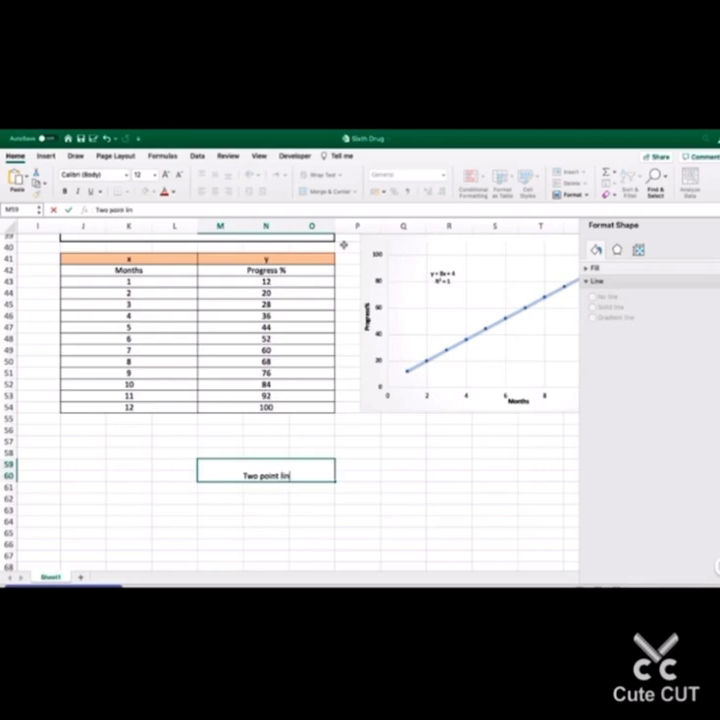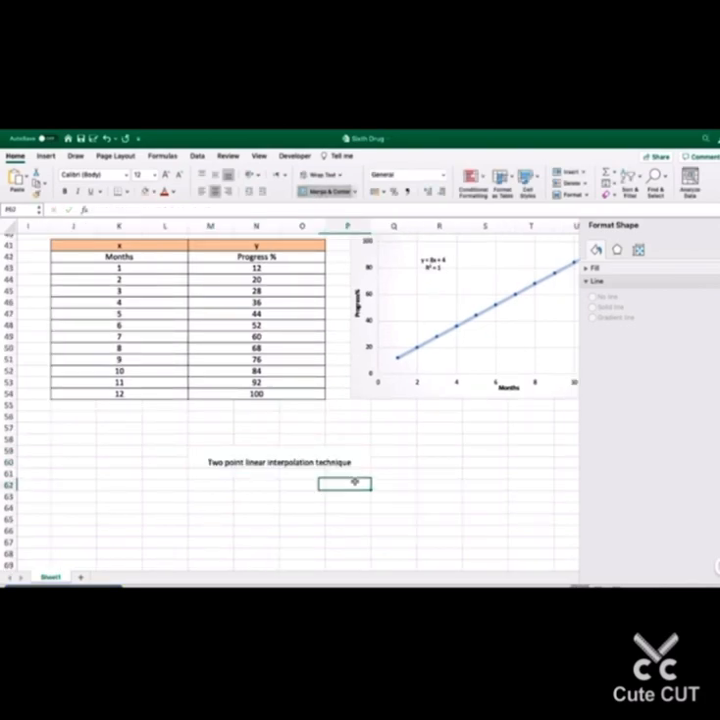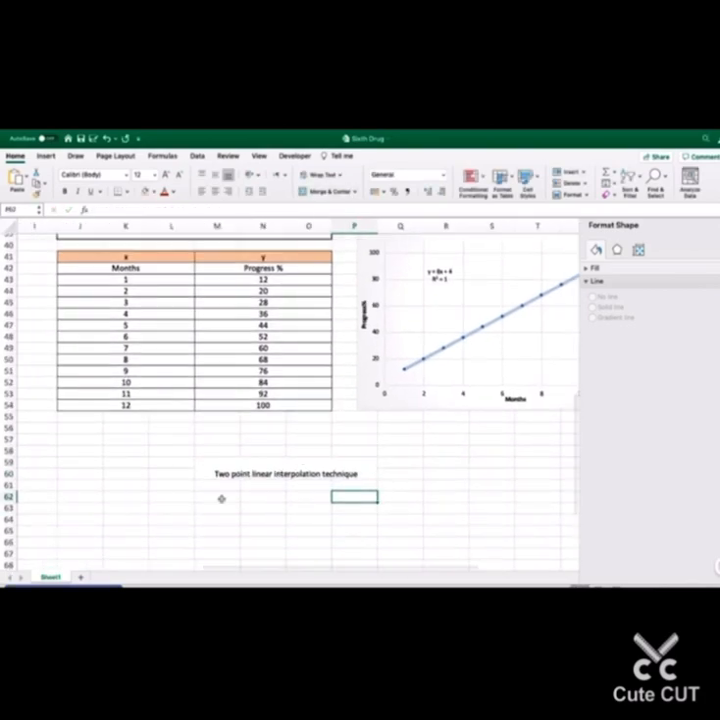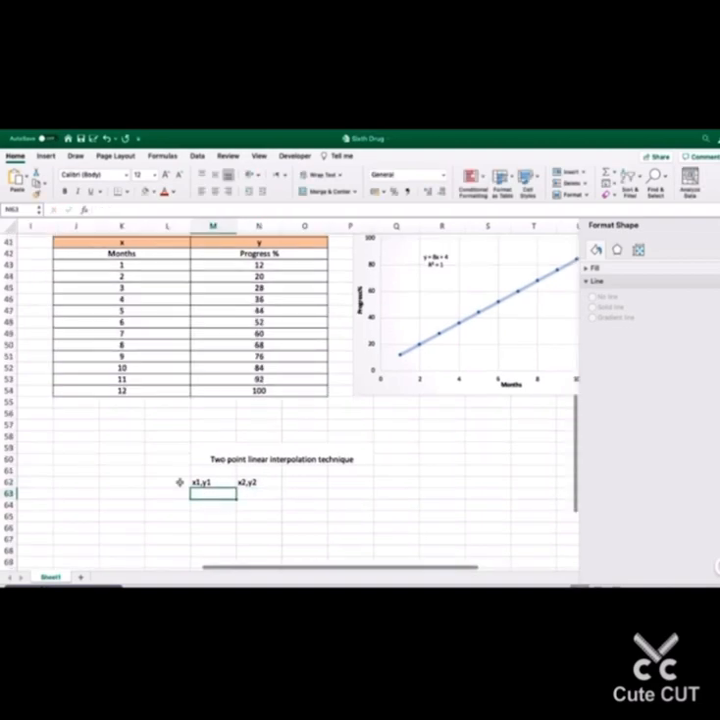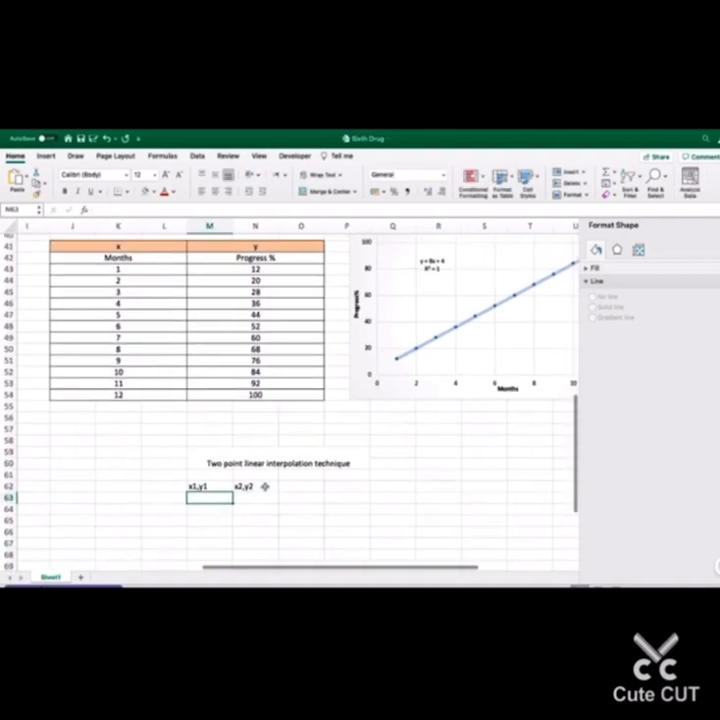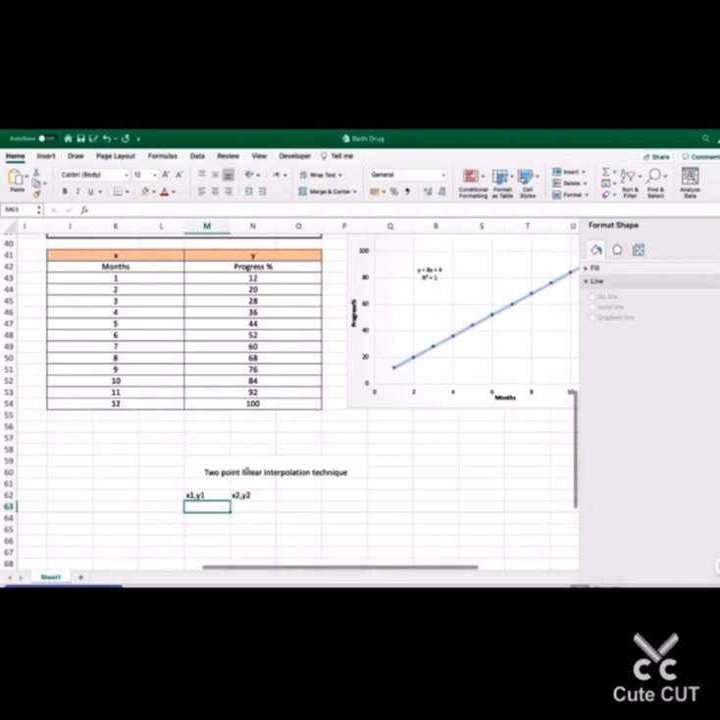Two-point linear interpolation technique. I think technique is written like this. It basically takes 2 points, x1, y1, and takes x2 with y2. From x1, y1, x2, y2, we can develop this equation, and we can predict all of these data in a